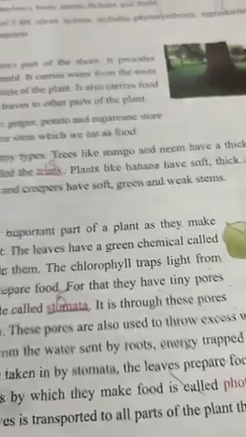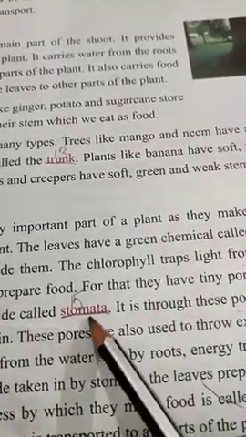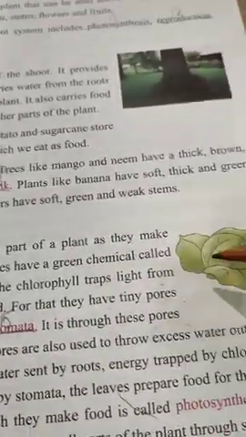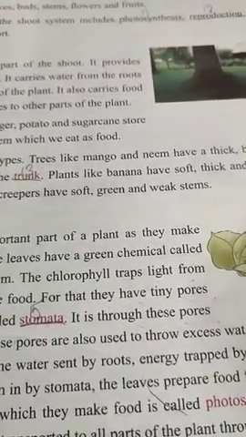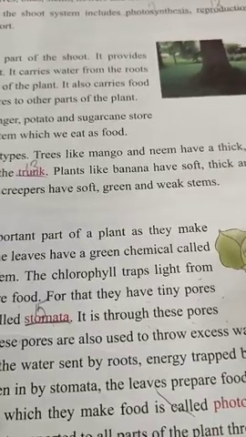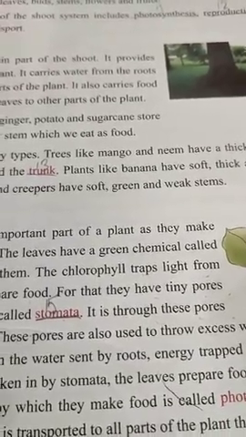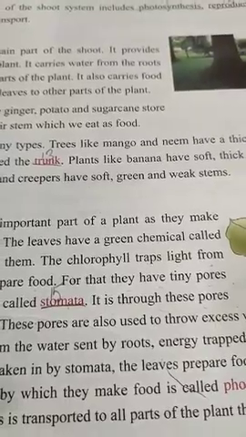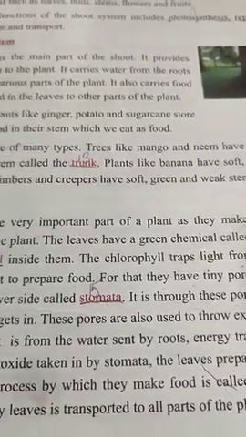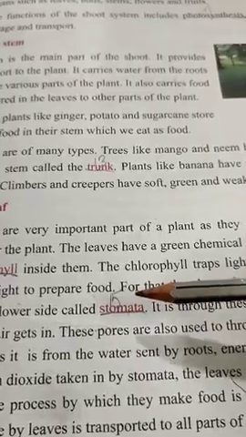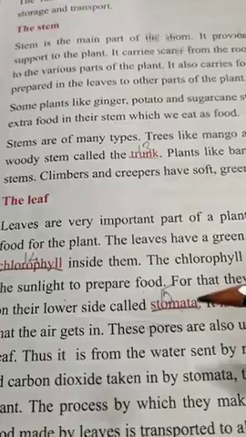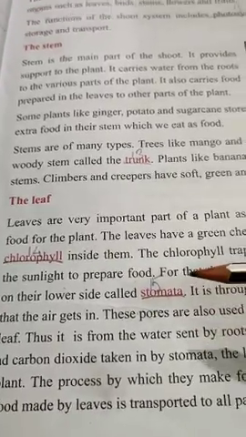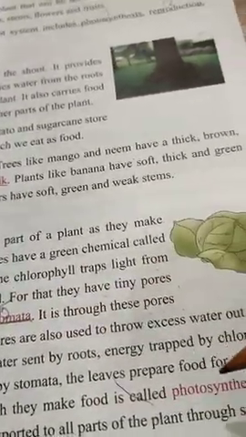Dear student, leaves have many small pores on them, which are known as stomata. These stomata, dear student, help in exchange of gases, that is intake of carbon dioxide from the atmosphere, and they also play a crucial role in release of oxygen gas. Student, stomata pores also help in maintaining the rate of transpiration in the plant. Okay. Now see, dear student,